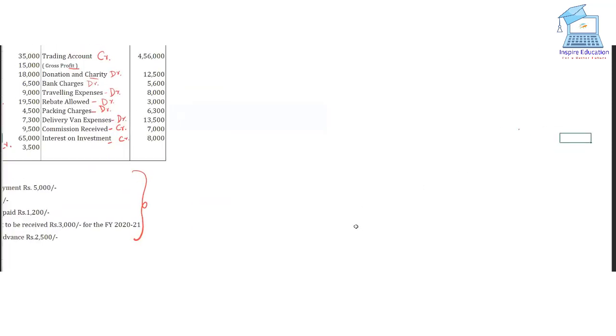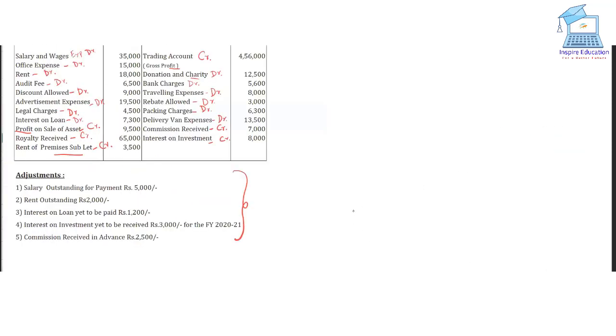You can see there are a few adjustments. Salary outstanding for payment, rupees 5,000, means there is a salary which is outstanding for payment, 5,000. So here is the salary. That means salary and wages I have paid 35,000, and outstanding rupees 5,000. That means this outstanding part is also the expense of this year, isn't it? So we'll see how to post these things, or to make the adjustment entries in the profit and loss